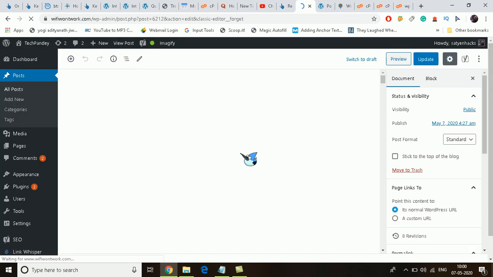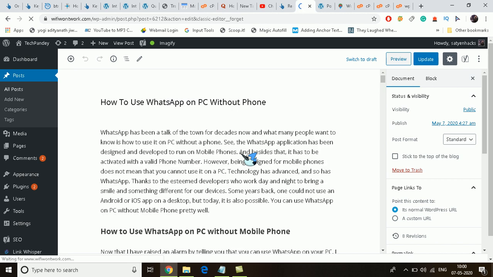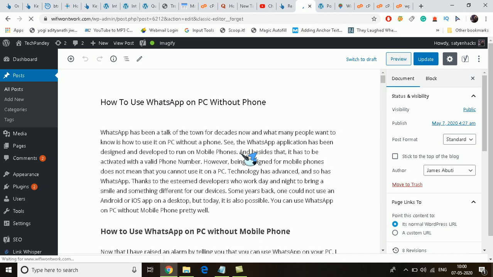With the classic editor you won't get this error. Now many people don't want to use the classic editor, so for them you have to use both editors in order to publish it. So right now I'm editing with the block editor.